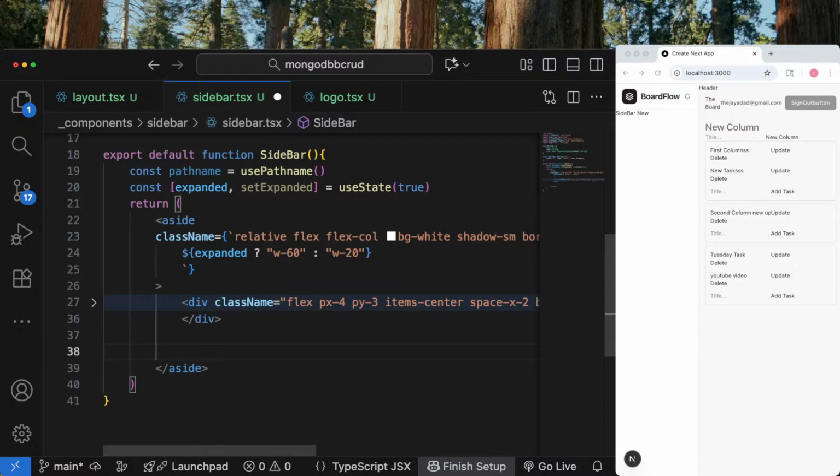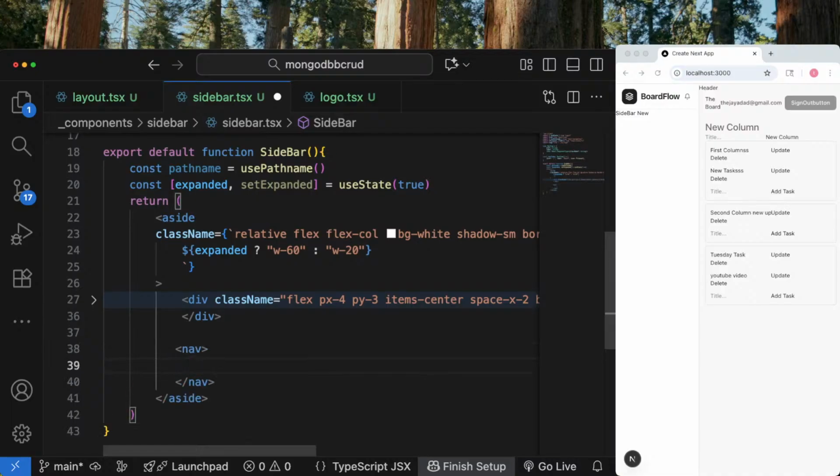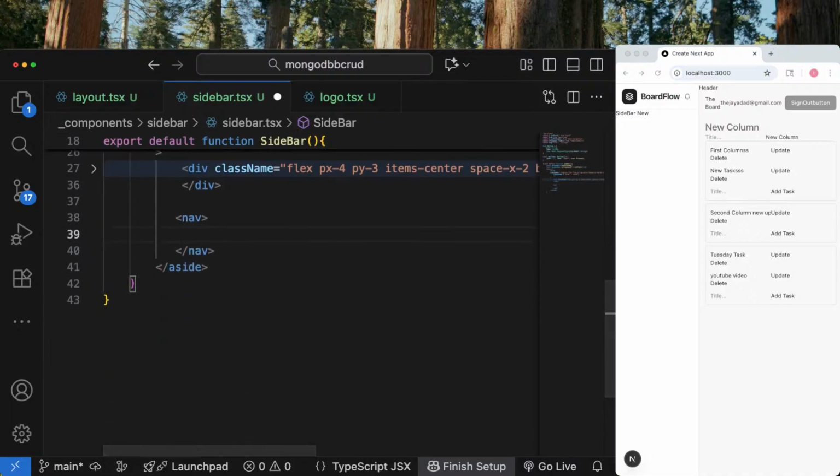So let's store this inside of a nav tag. And this is going to be the links and the routes. Excuse me, this is going to be the label and icon that'll represent the routes that we can navigate to within the application. So we'll have a nav, and then inside of it, we want to return something. And what we want to return